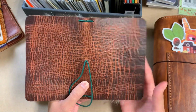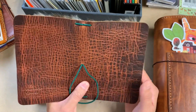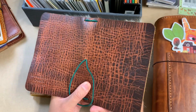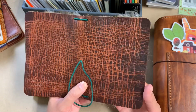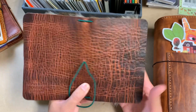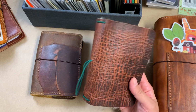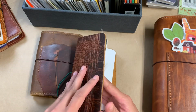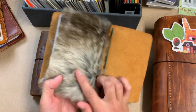And then I love the green elastics. Green is my favorite color outside of leather. So I love that this one had green elastics in it. God, I could just, yeah. So I'm doing a good job enticing myself to use up the pocket notebooks I have. If you're curious about this crazy thing,